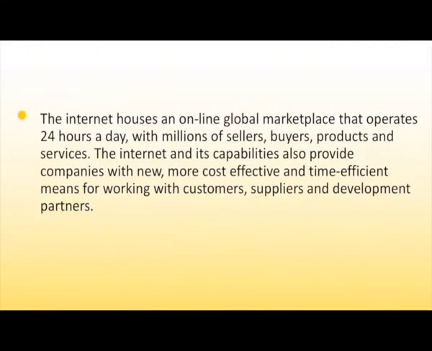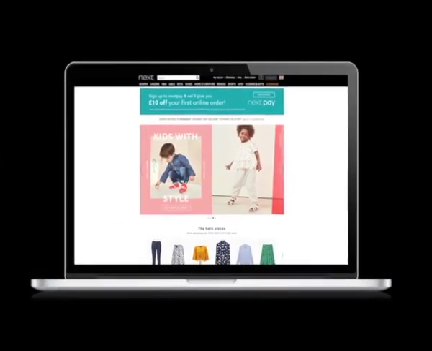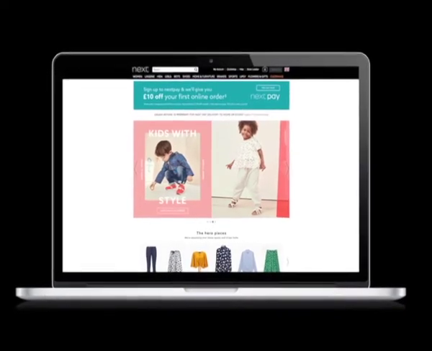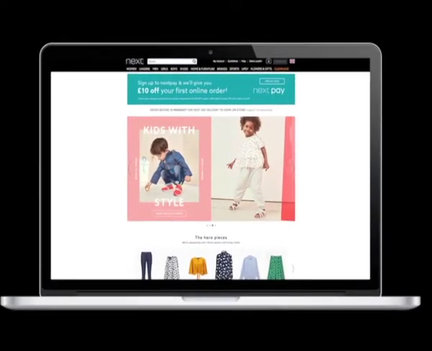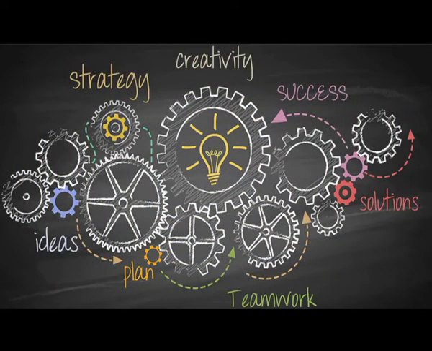The internet and its capabilities also provide companies with new, more cost-effective and time-efficient means for working with customers, suppliers and development partners. Internet-based e-commerce will enable the companies to shorten procurement cycles by the use of online catalogs, ordering and payment, cut costs through competitive bidding on both stock and manufactured parts,